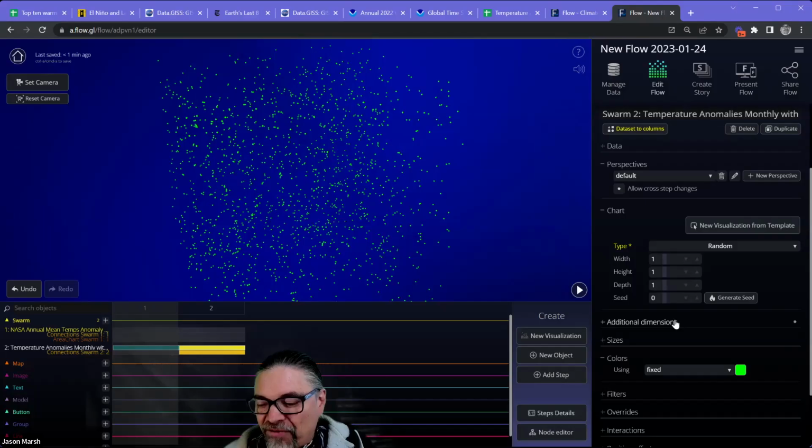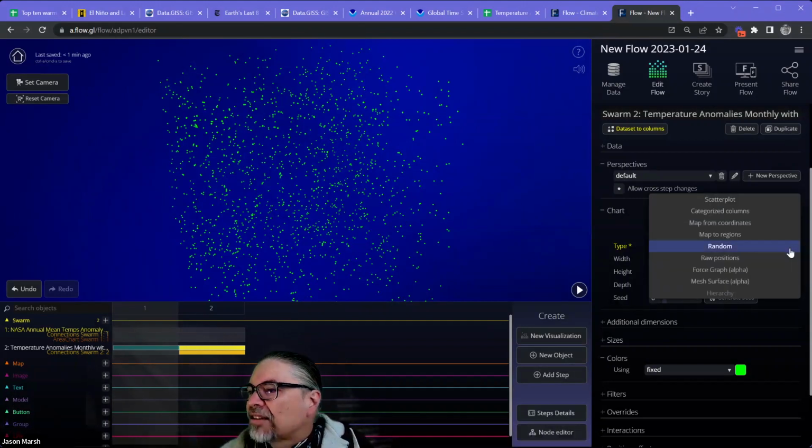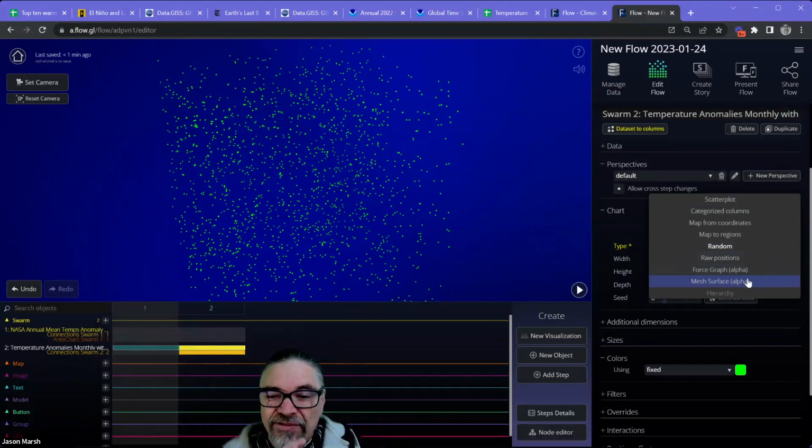Yeah, okay. But of course, if you're a mathematician, you can generate any XYZ points and create any shape you'd like. And a third way, you can bring in a 3D model and then select mesh surface, which will take all the points and put them on the surfaces of that 3D model.